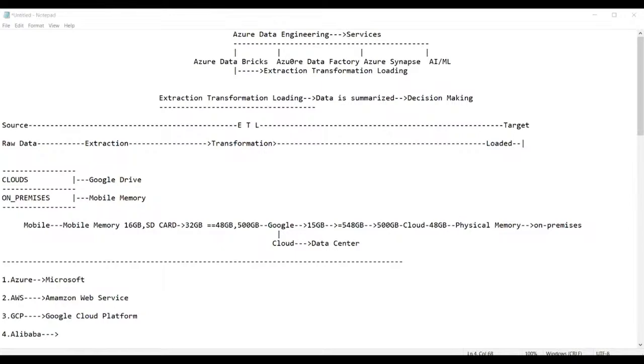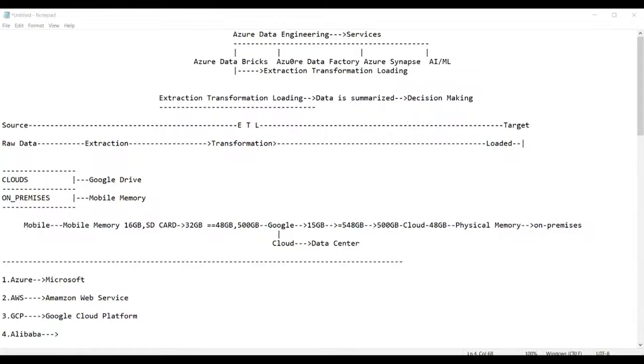Will there be any combined batch for both Databricks and Data Factory? See, the Data Factory batch is in the morning at 7 a.m., and it started today itself along with you. And Databricks is at this time. Combined batches means these are two different services, so I teach them differently.